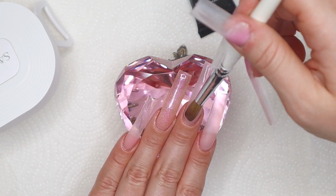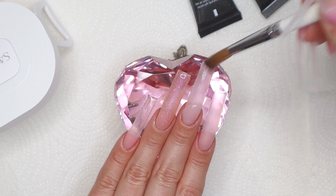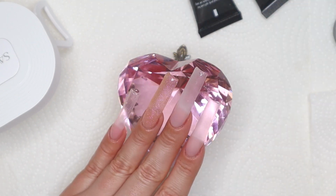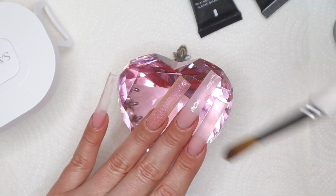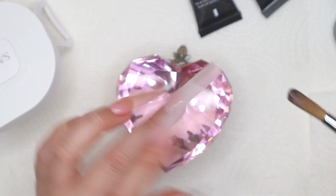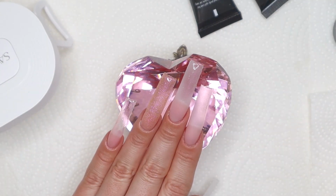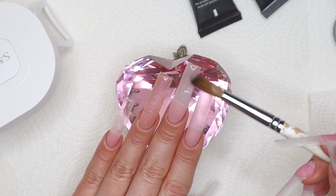I think on this nail I might not have done it right, because I think I picked up less acrylic when I started. So I had to go in and add a little bit more at the tip because there was a big dip there, but I did go ahead and fill that in. You basically want to pick up more acrylic, and that's how you can build up your nails with 2